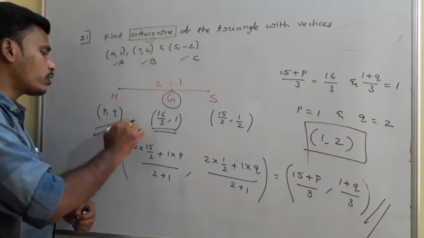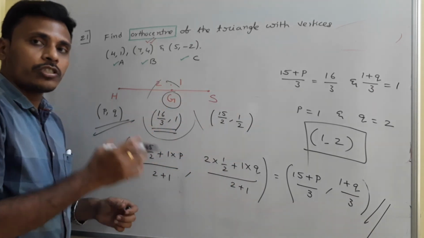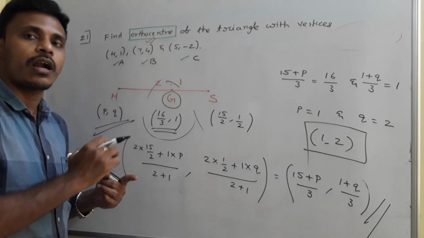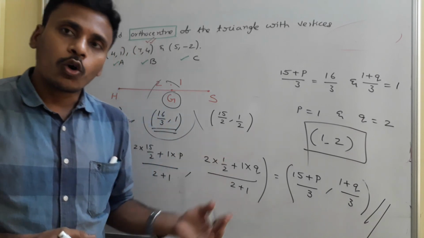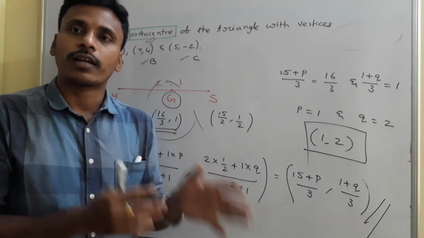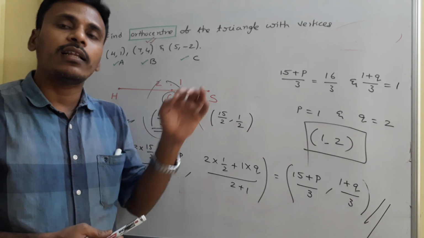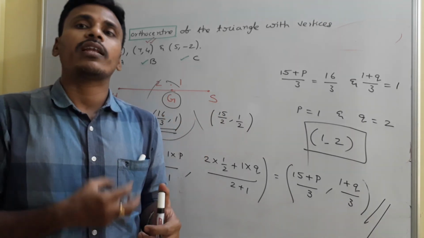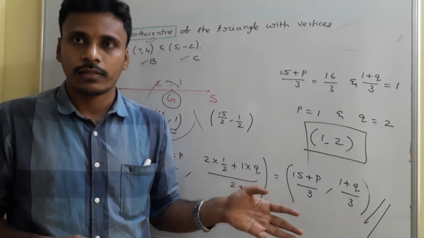So to find the orthocenter we need the centroid and the circumcenter. Okay. So I just mentioned one problem where we need to calculate the centroid, circumcenter and orthocenter. In usual examinations the questions may ask you only to find the centroid, or sometimes the circumcenter, and rarely they ask you to find the orthocenter also. In any triangle this procedure will work, but there are some special triangles where we can calculate the orthocenter in a very simple manner. Everything we will discuss in the next class. Okay, have a good day.